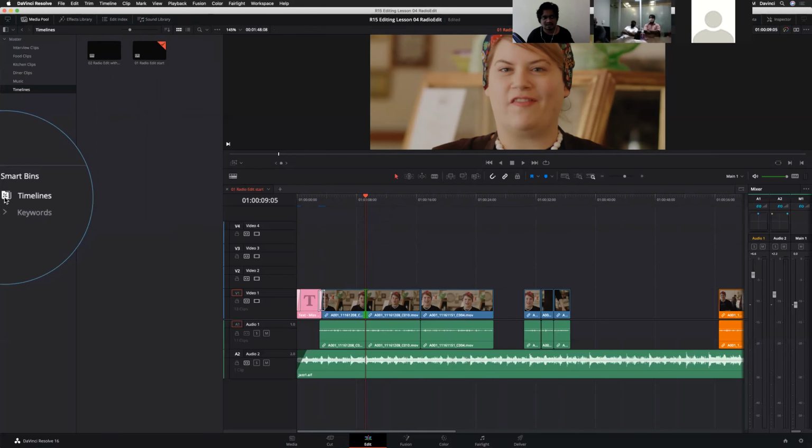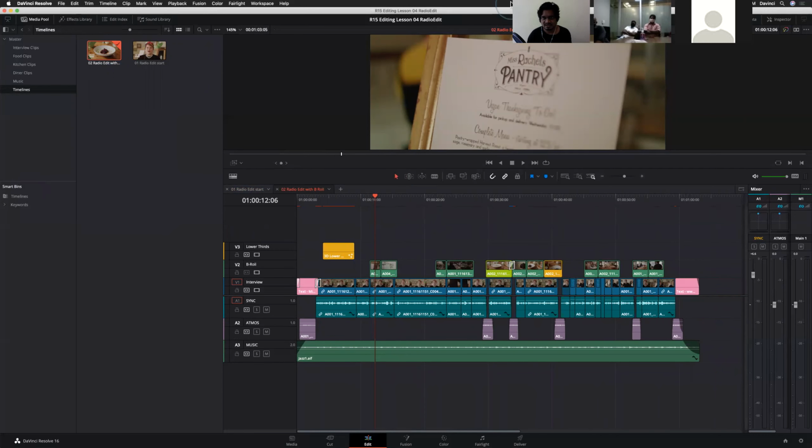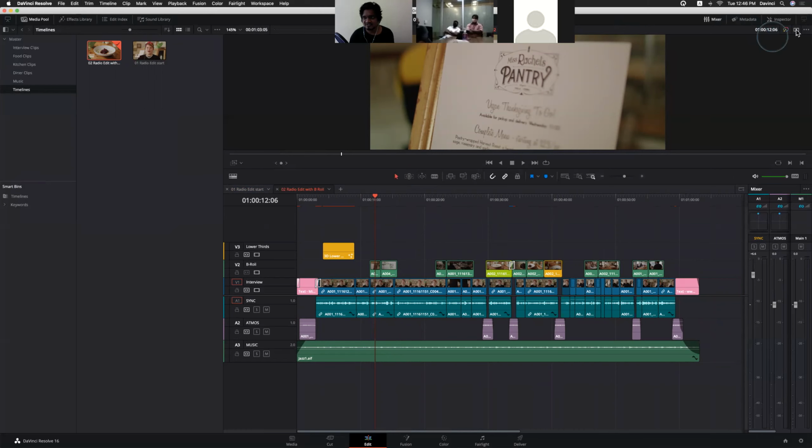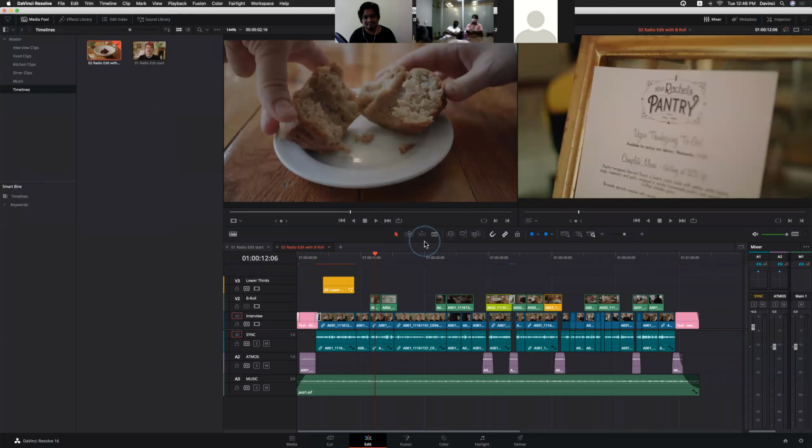Now, here we have a starting version as well as an ending version of our project, right? I want to compare and see both the versions, both the timelines, at a time. Yesterday we saw stacked timelines so that we can open multiple timelines, but now we will see how to compare the timelines. Now this is the timeline we have opened, right?